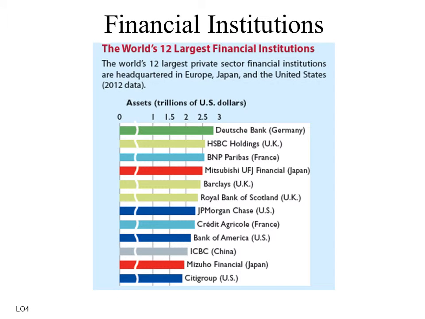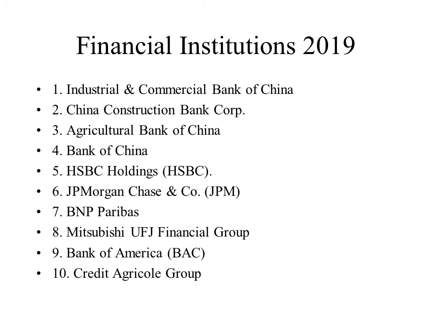Here are, or I should say were, the 12 largest financial institutions in 2012: Deutsche Bank, HSBC, BNP, Mitsubishi UFJ Financial, Barclays, Royal Bank of Scotland, JP Morgan Chase, Credit Agricole, Bank of America, ICBC. All right. Now, we fast forward just 7 years,